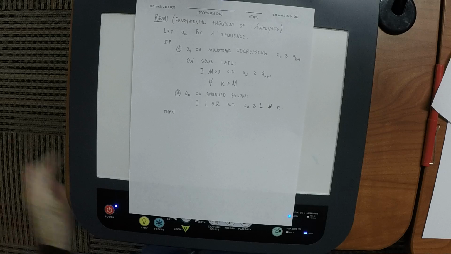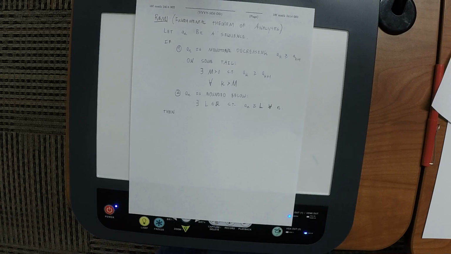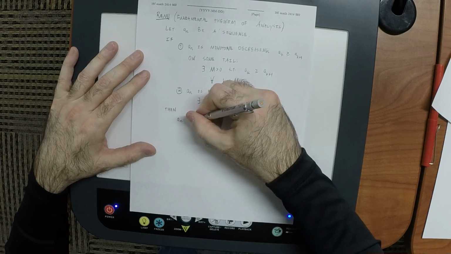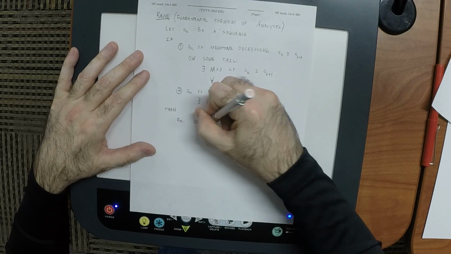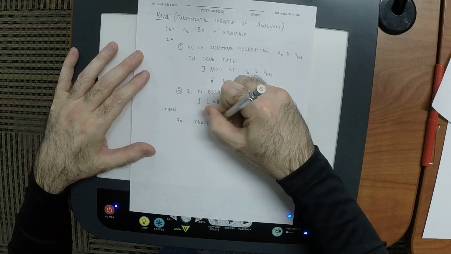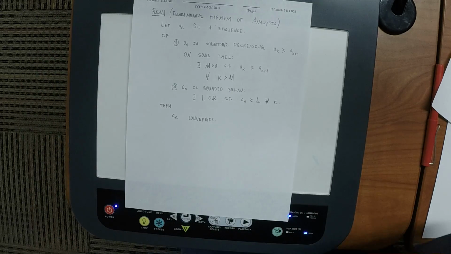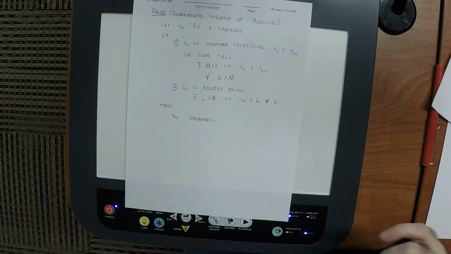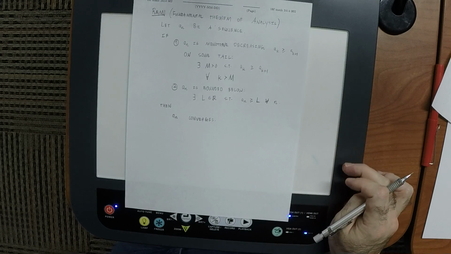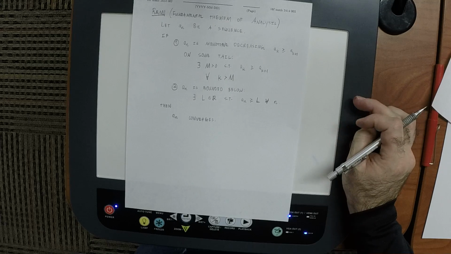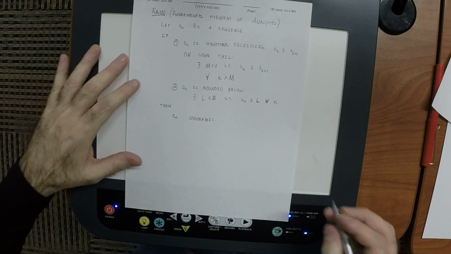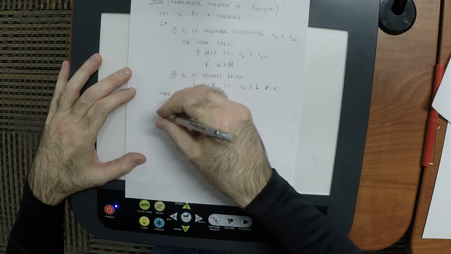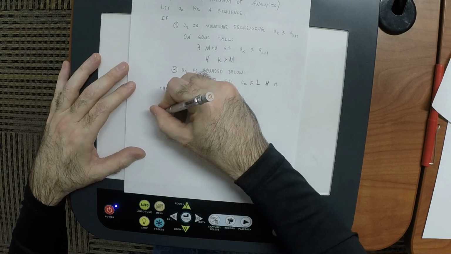Well, it's a lower bound. So then it must be the case that a_n converges. Now, here's the deal. We can't say what it converges to. You don't know what it converges to, but you do know that it must converge. Now the reason for this, we can't really prove it here in this class, but here's the idea,